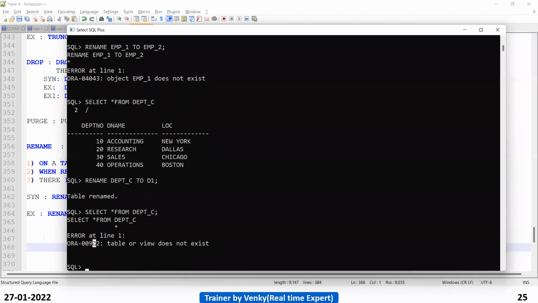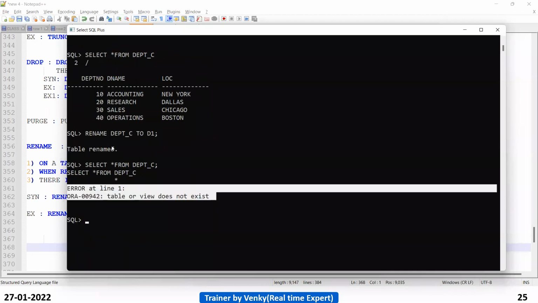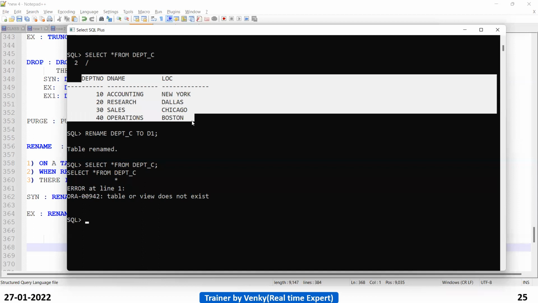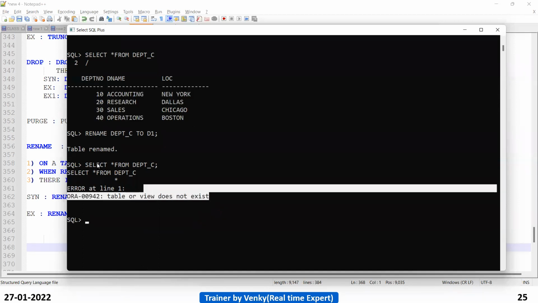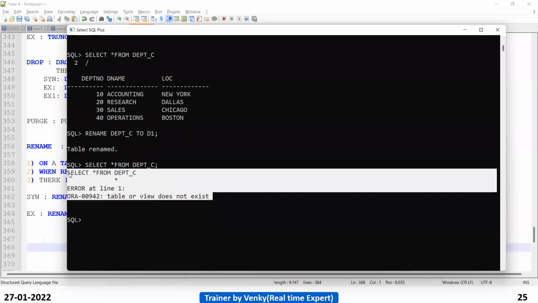Why is it throwing the error, guys? See, previously when I tried to retrieve the data, the result came. Now, when I try to retrieve the data, the result is not coming.